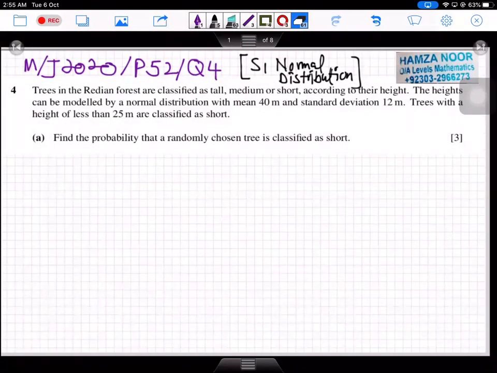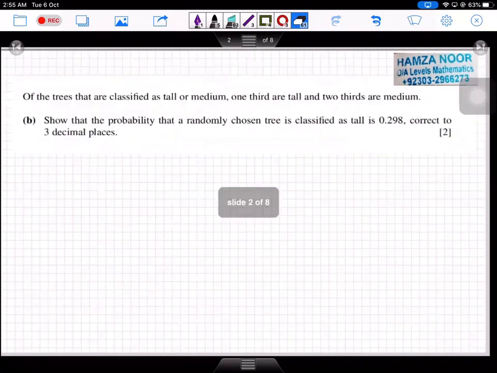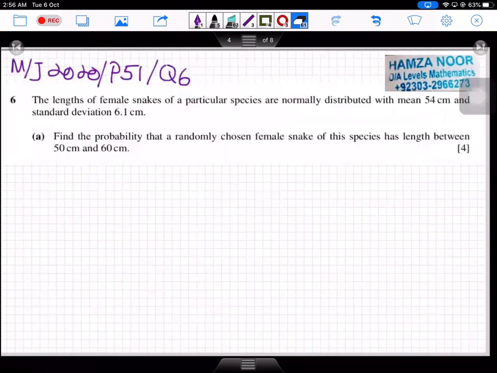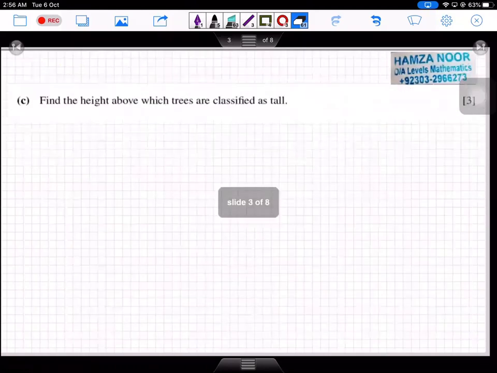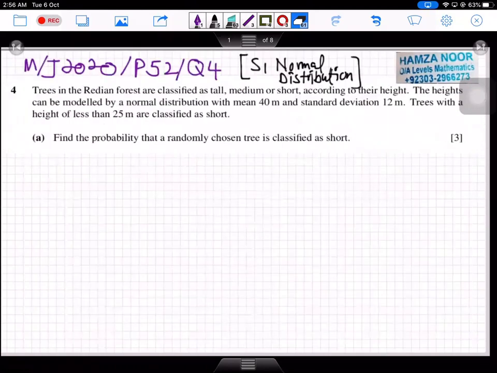The questions are from the most recent attempt, May-June 2020 paper 5-2 question number 4, and then we have another one, May-June 2020 paper 5-1 question number 6. So let's see how these questions are done. The first question says that